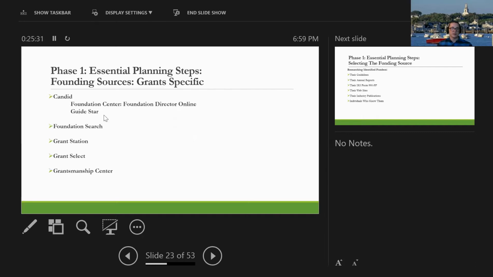But Foundation Center and GuideStar are two fundamental resources. If you're trying to do a grant search, or a funding source search, and you don't have one of these resources, you're probably going to have a hard time. Doing basic Google searches is tough. These fee-for-service companies have really bottlenecked the industry. When you do a basic Google search, a lot of times Foundation Center is going to come up. So just a little FYI there.